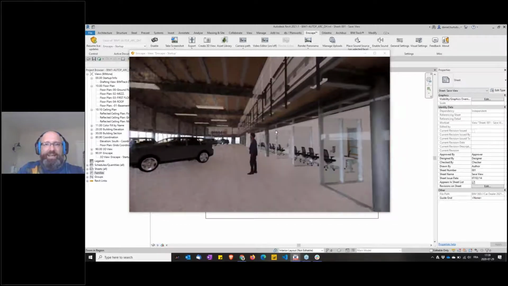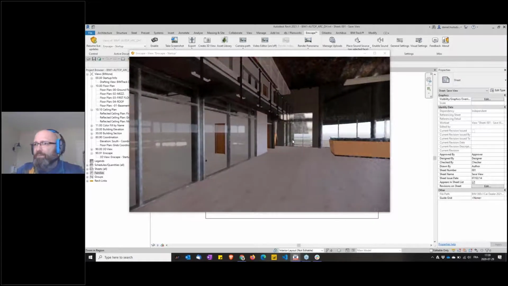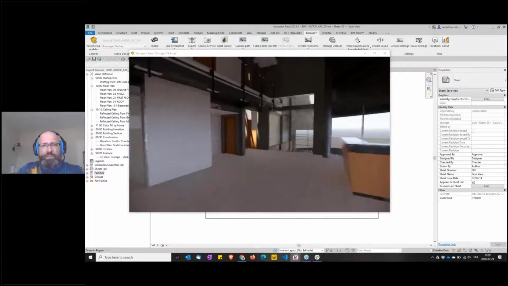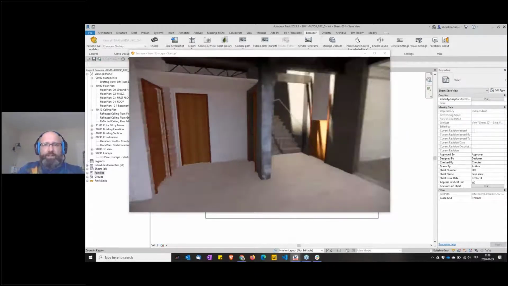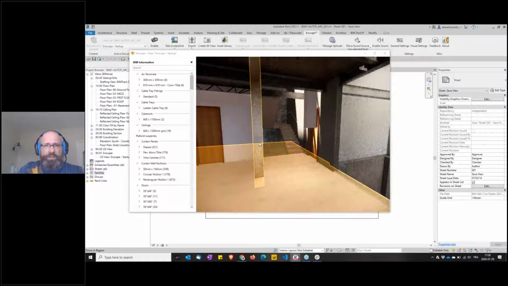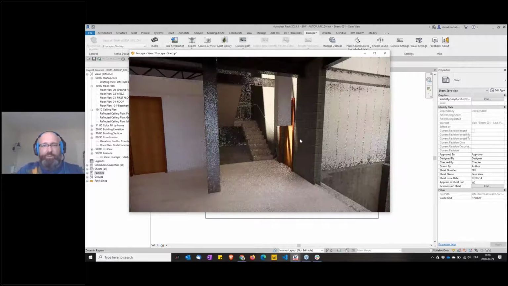So the idea now that I can see my design, I can have a look, I can go around. I'm wondering if maybe it's a little lagging because we're online. The idea now is when I find an issue. So I'm going to go around here, and just by the way, if you guys didn't know, Enscape now has what they call the BIM information embedded. So if you press B while you run Enscape, you can see what this element is. There's no reason why I should have a ductwork going through here.